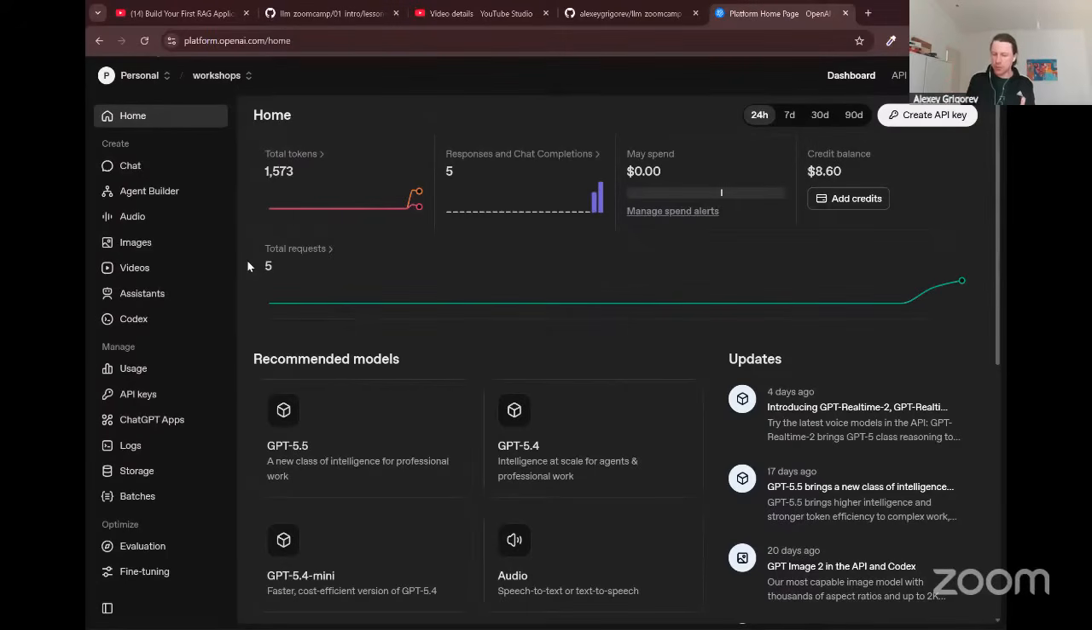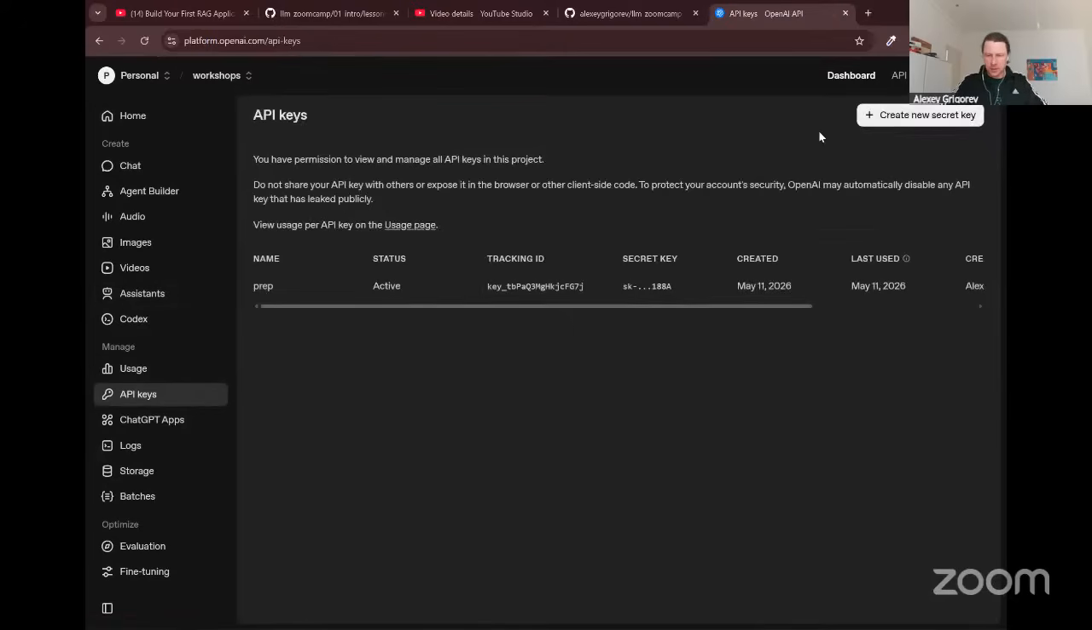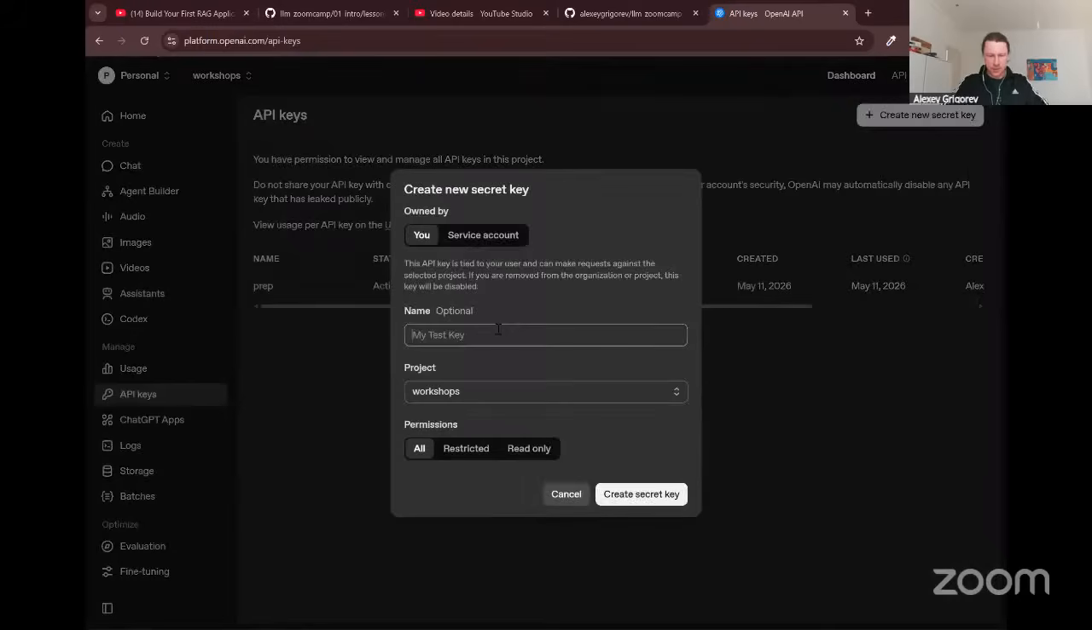to make sure that you know where you spend the money. So let's say you have your personal project, you have the course project, you have some other things, and you go here to usage and you see how much money you spent, you know exactly the breakdown, like from which project you spent. Right? So now I go to API keys here, and I'm going to create a new secret key. I'll call it